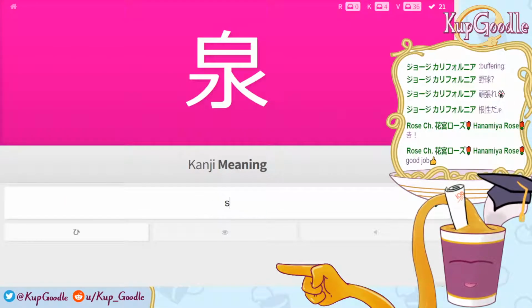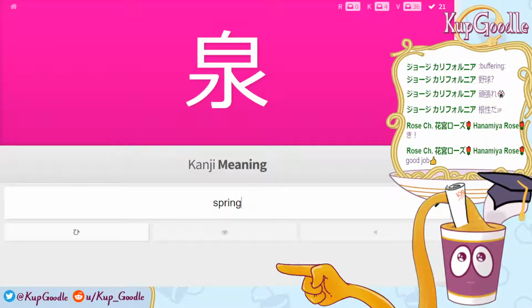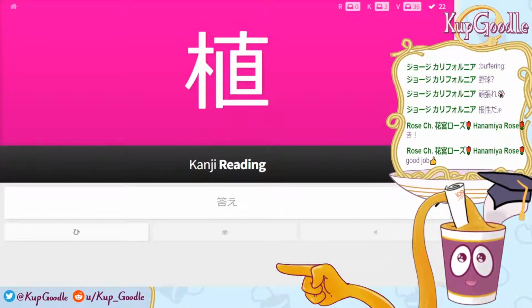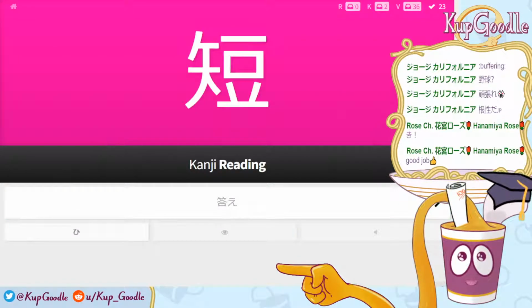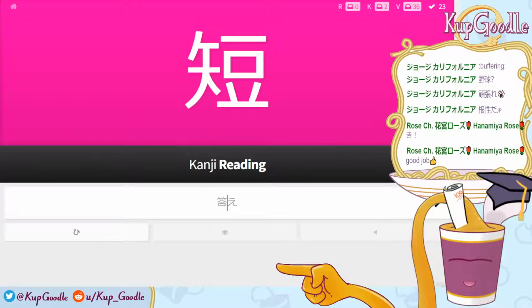Meaning is spring. A spring, like a hot spring. A water spring. This is shoku. A shocking plant. It's going to shock you as you're walking by it. Shoku. Kanji reading. Short is mijika, but it's also